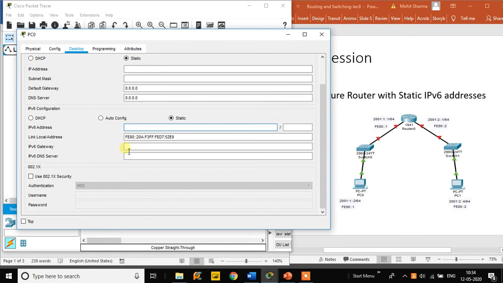So my IPv6 address for PC0 is 2001:1::2, and the /64 value has to be given here, and my link local address is FE80::1, and then I have the IPv6 gateway as 2001:1::1.